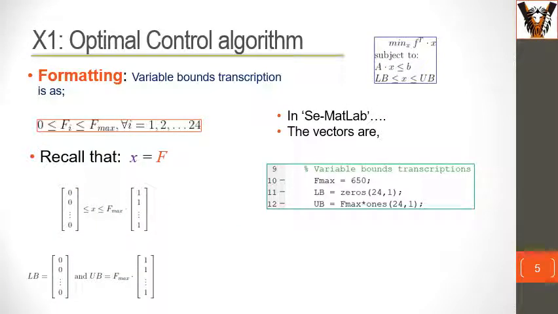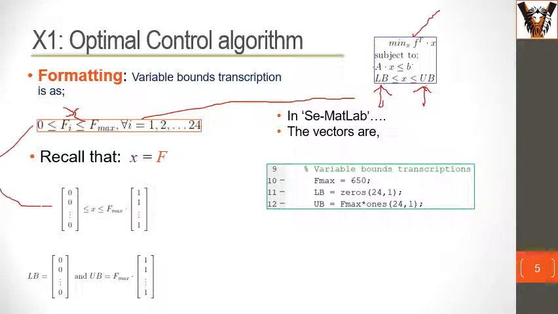So moving on, we now look at the variable bounds. So basically we have looked at this f. We are left with A, b, lb, and ub. So now we start with the variable bounds ub and lb. In fact, we said this would come from this equation where we are limiting our f of i, which is effectively, according to MATLAB, the x that we are looking for, the unknown. If you look at this equation, it says the feed rate has to be between 0 and f max,